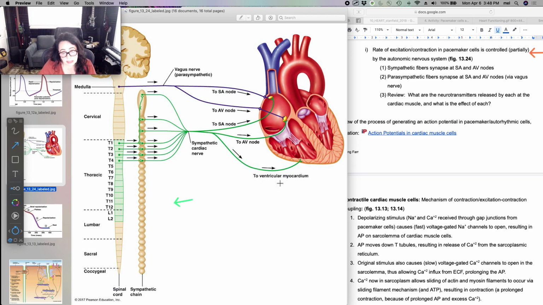Now we will see this too. This is going to be important to us a little bit later because the sympathetic, not the parasympathetic, doesn't just go to the nodes, it also goes to the wall of the ventricles. That's going to be important for us just a little bit later. Okay, so